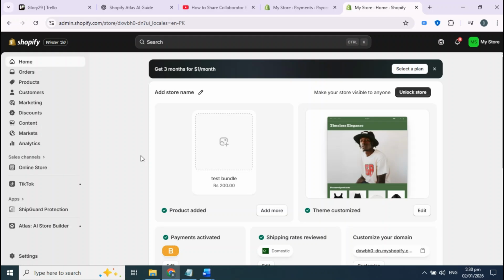In today's video, I'm going to show you how to share a collaborator request code in Shopify. Whether you're working with a developer, hiring a virtual assistant, or collaborating with an agency to improve your store, this simple step-by-step guide will walk you through everything you need to know so you can grant access securely and with